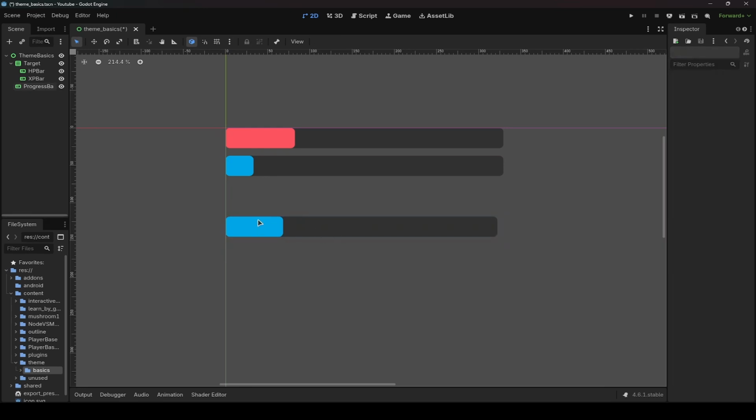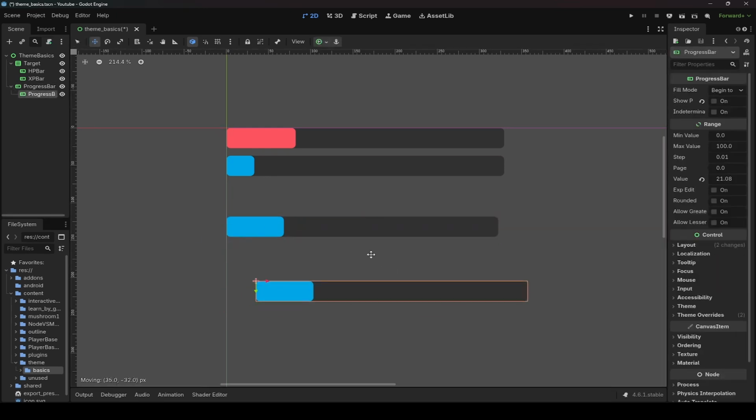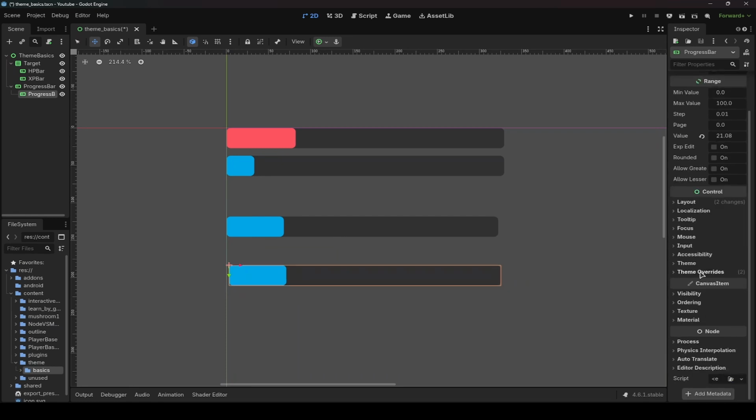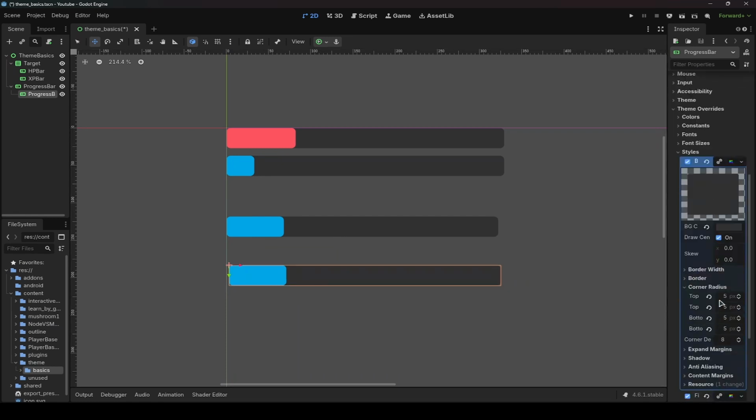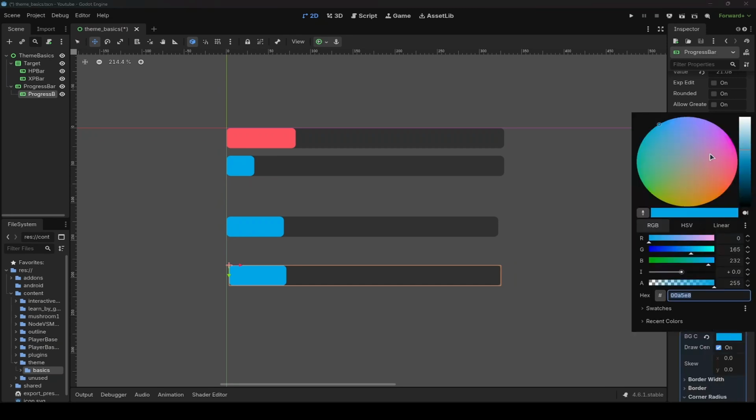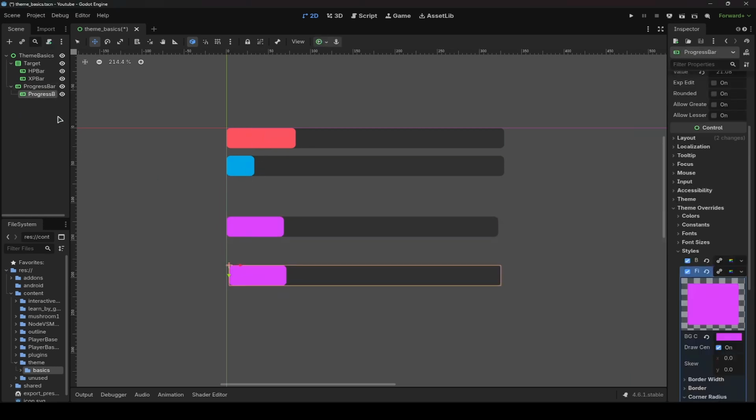So if you want to use the same styles, what options do you have? First, to copy the same node across different scenes. That's not convenient, because if you change styles in one of them, like, let me pick a different fill color, it will change everywhere. But I don't want this to happen. I want to have like 2 different types of bars, maybe 5 different types. So first we can